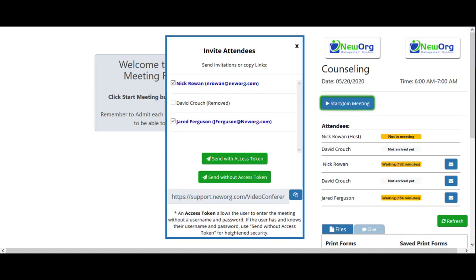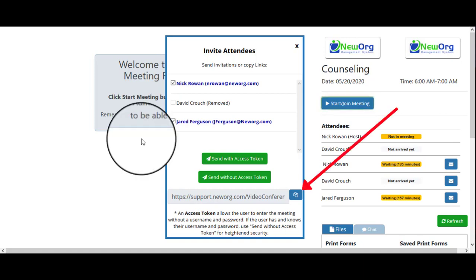The link that can be used in templates or to be sent through your own communication tool can be attained within the same screen that we are on. Simply click the video conferencing copy icon